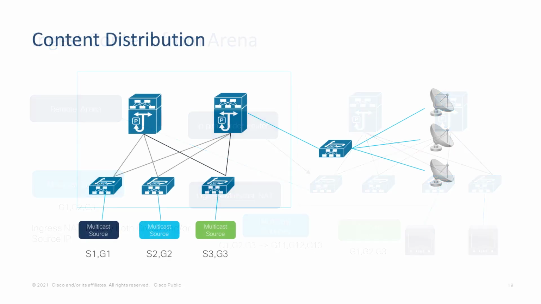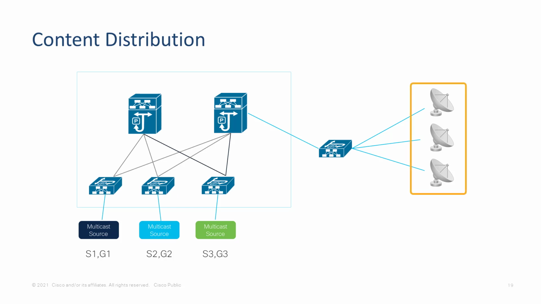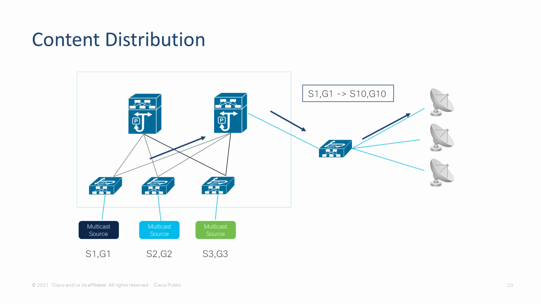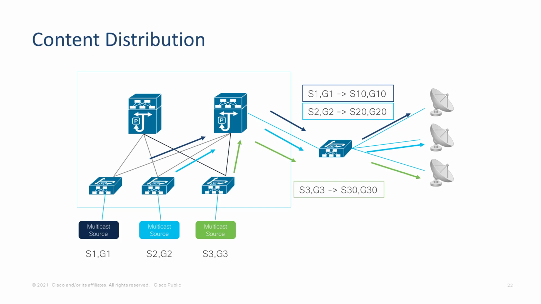subscribe to. Another use case is content distribution. Now, this is a very common workflow, especially in the media and entertainment vertical, where you could have a customer that's producing content, and provides that content to a bunch of third parties where it is distributed. Using Multicast NAT, you could take a flow that's S1G1 and translate it to a different address that the third party is subscribed to or listening to. So the flexibility with this approach is that you could route different source, groups to this third party without the third party having to explicitly request those groups, because all of these translations can be controlled by the operator